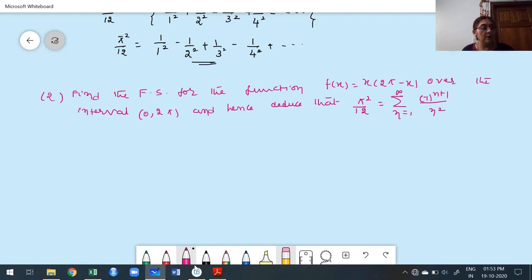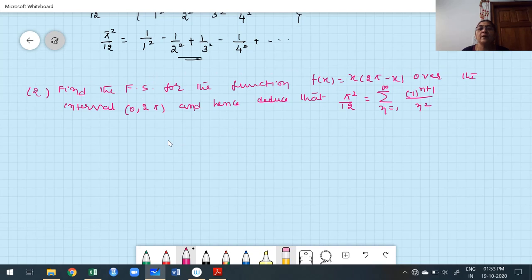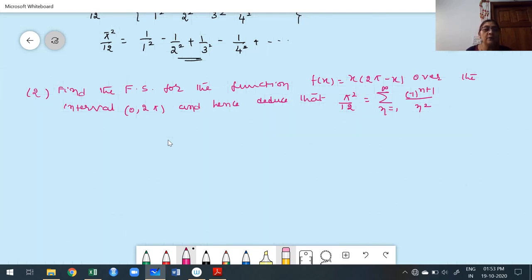The deduce part is not given in a question paper or model paper, but there is also a deduce part, very important. Now the deduce part we'll do later, but first try to know the expansion of Fourier series for the given function. Now solution. What is the given function here? Given f of x is x multiplied by 2 pi minus x, what we get actually is 2 pi x minus x square over the interval